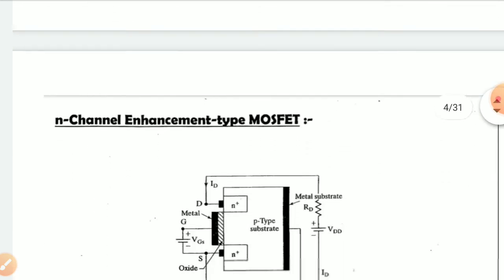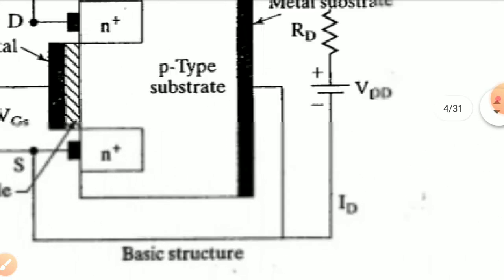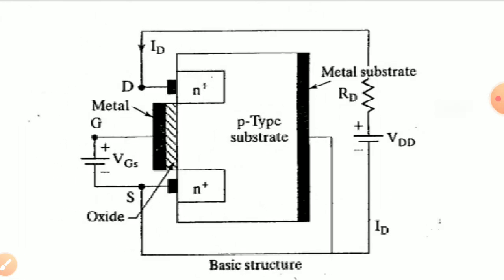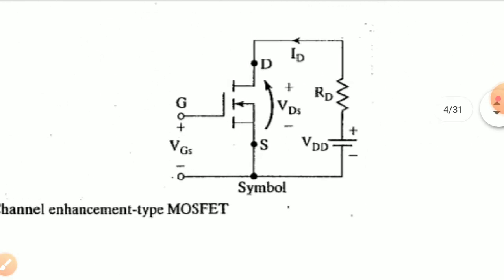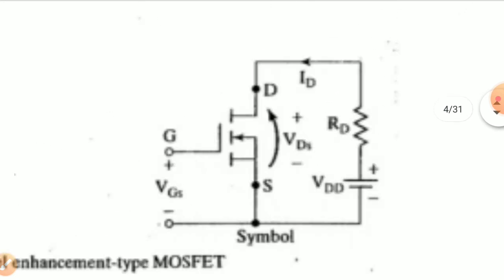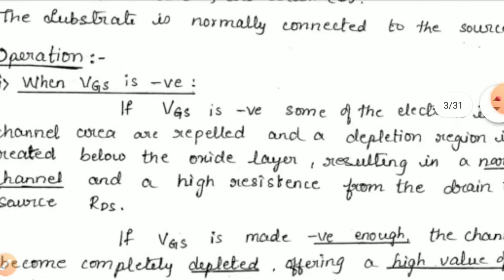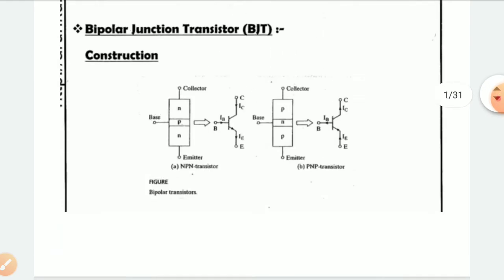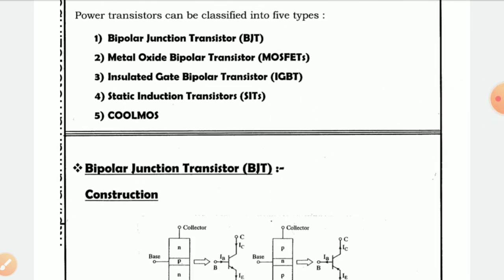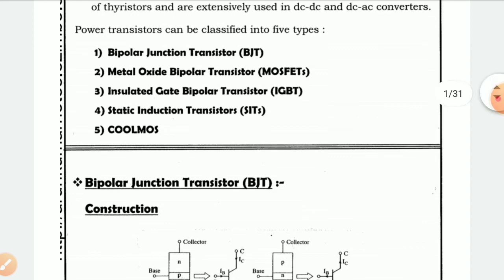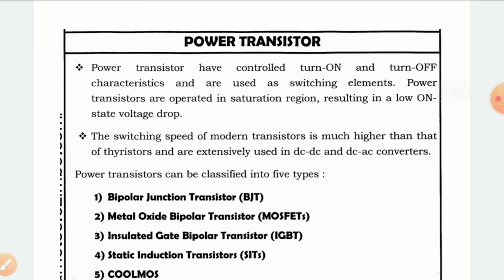This is the sectional view of the enhancement MOSFET, and this is the equivalent circuit of the enhancement type of MOSFET. If you are studying any of the switches, we first have to study their characteristics to understand where we can use that type of circuit. The characteristics of a particular switch play a vital role in choosing it for different applications.